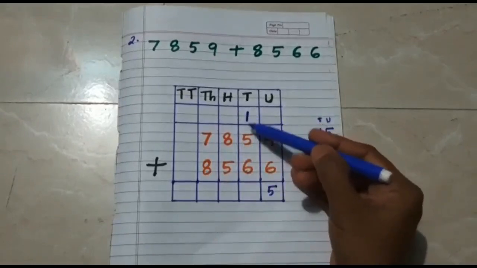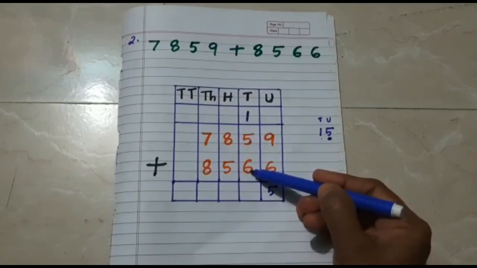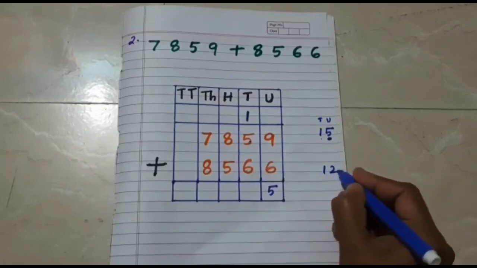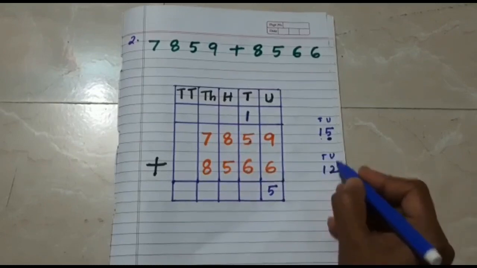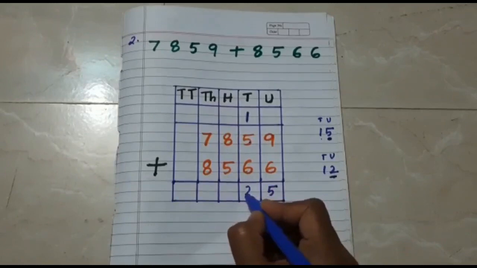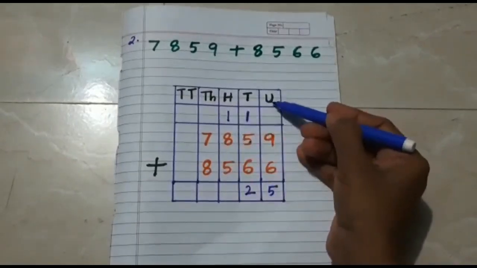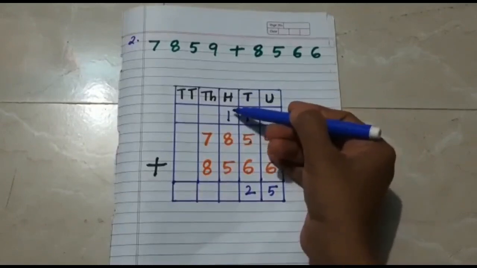Okay. Now 1 plus 5 is 6. 6 plus 6 is 12. We are getting 12. Again units and tens. So what we are going to do? We are going to write the digit which is in the units place. So I am going to write here 2, carry 1. We have finished with the units place, tens place. Now we have come to